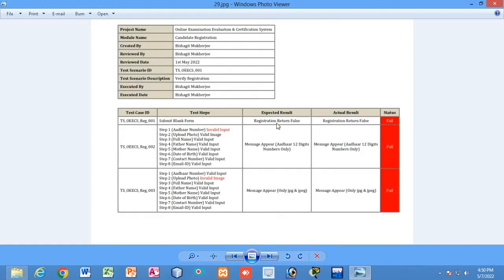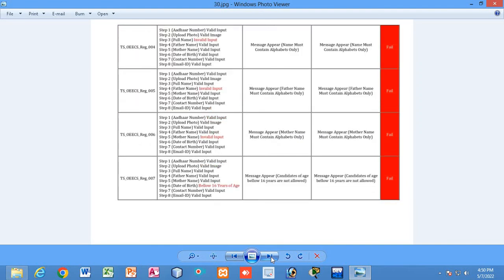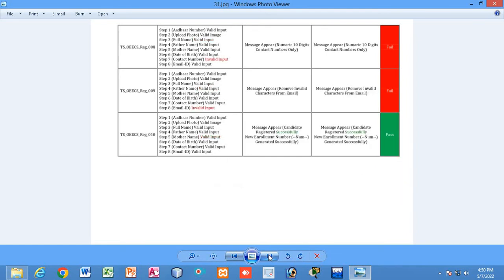Now after that you can see this testing report, the unit testing report. I have done the unit testing and this is the report you have to add. Depending on the software which you have developed, you have to add the testing report. Do you know how to do the testing report? I hope you know, otherwise I will give you a link to a video on how to do this testing process